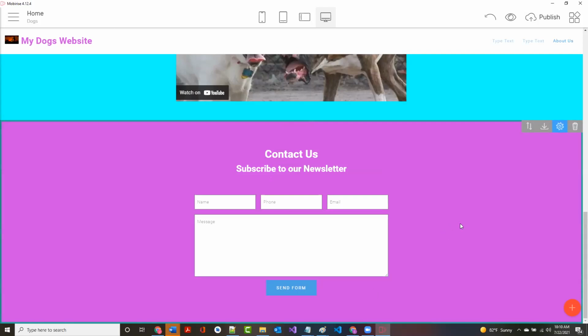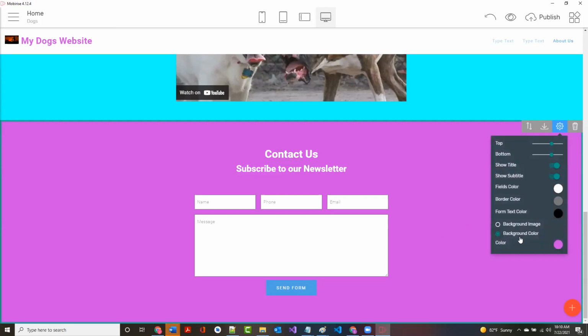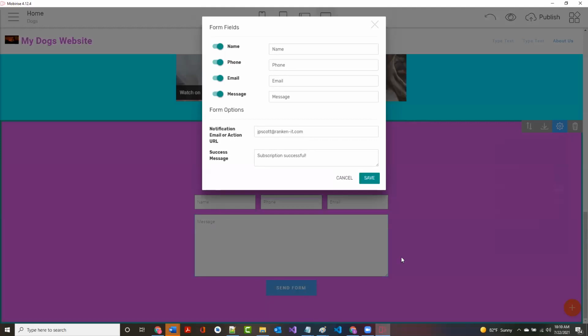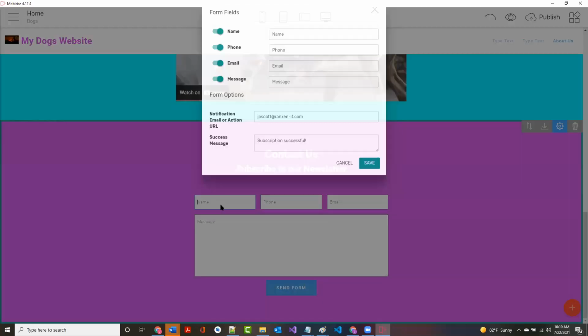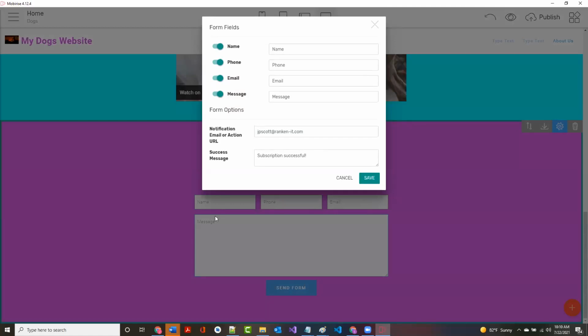Now, what's kind of neat about this form is if I click again on block parameters, I've got my choice over what I want to put in here and what I don't want to put in here. But you start to see right now, looking at this, that there's a few things that could probably be improved here. I'm going to click on the word name and notice what it says. Right now it's got name, phone, email, and message. All right, so that's totally fine.